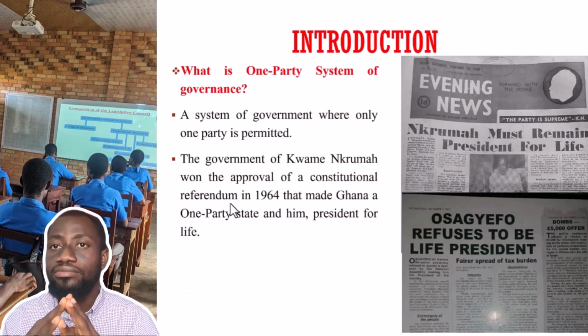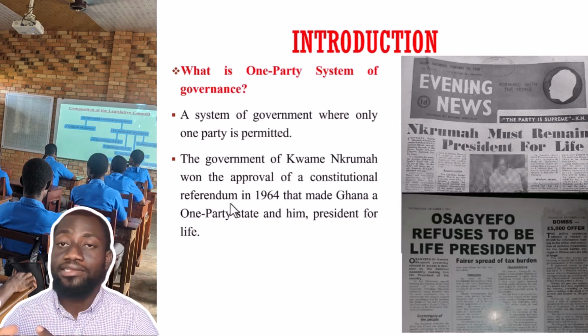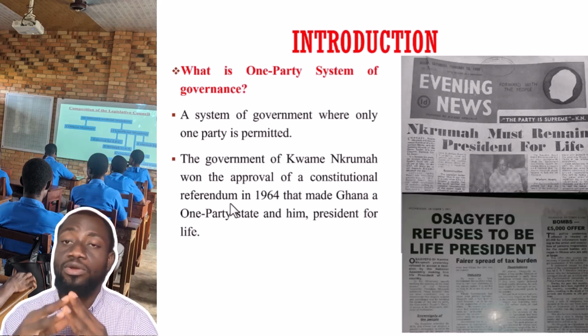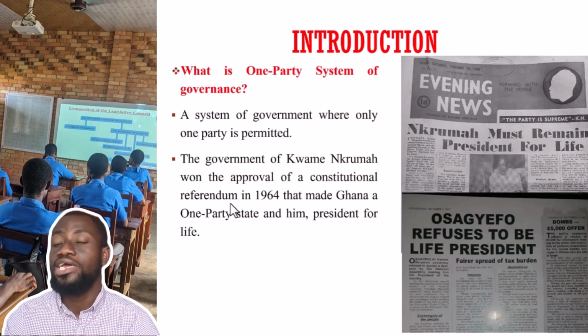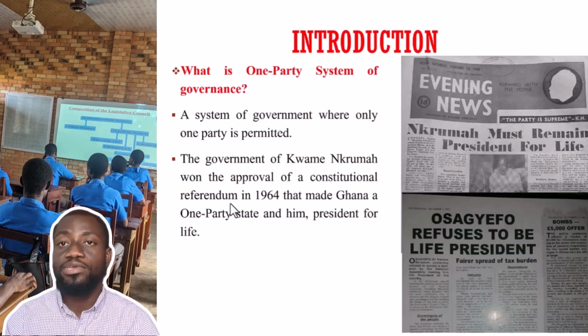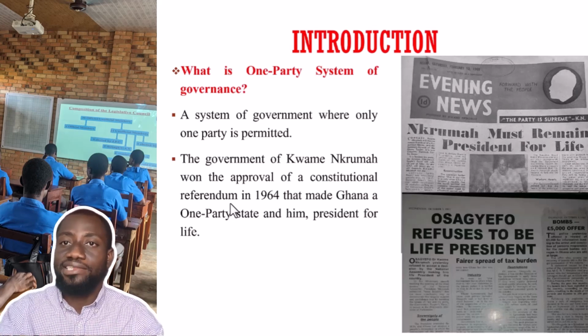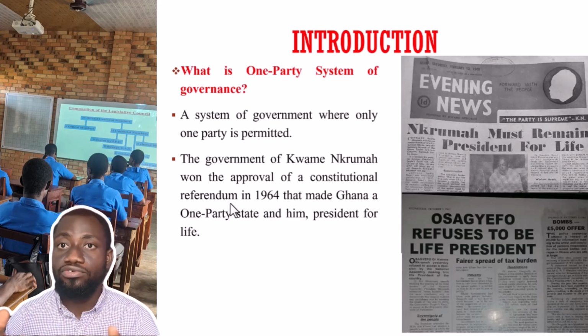But before that, let me state emphatically that Nkrumah never introduced the one-party system in Ghana. Let nobody tell you that Nkrumah introduced the one-party system in Ghana. It was the National Assembly, which today is known as Parliament. It was Parliament that introduced the one-party system, and Parliament in governance represents the people. And so, if Parliament accepts the introduction of a one-party system, you don't blame the president for introducing a one-party system.